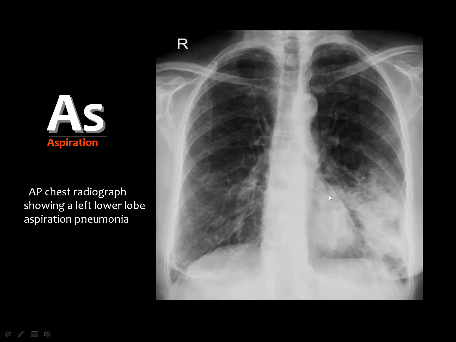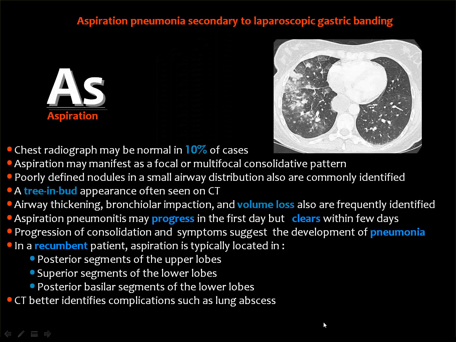And if you look at this chest X-ray, you see dense opacity, which is aspiration pneumonia, not pneumonitis, which just means hazy opacities and reticulations of the area affected by aspiration. But this is true consolidation, and it may sometimes show air bronchogram. And aspiration